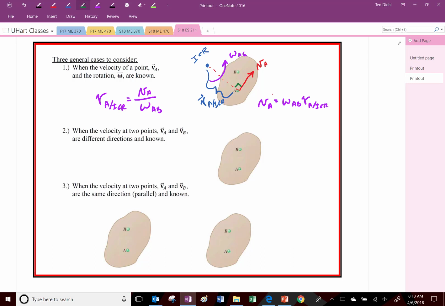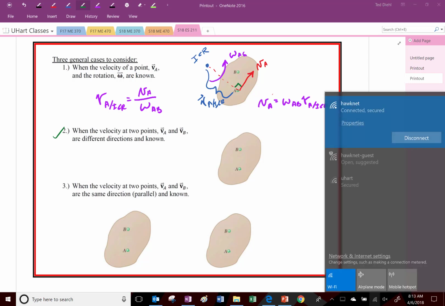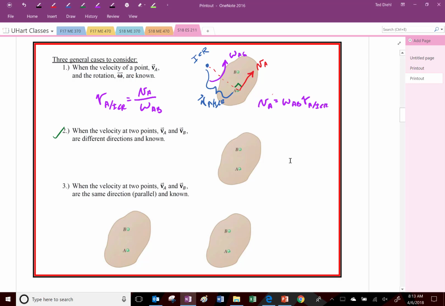Okay, now we'll go to this next case, when we have two velocities and we know both of those velocities. So let me see. This is not the same problem right here. This is going to be maybe a different ICR. I guess maybe I kind of drew it the right way. So if we know this VA and we know this VB,